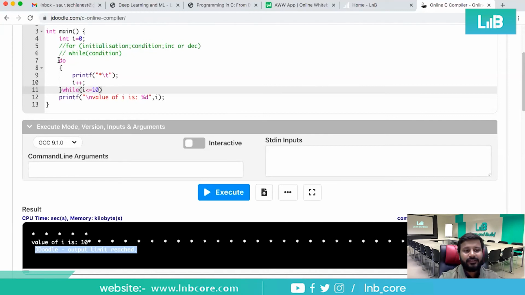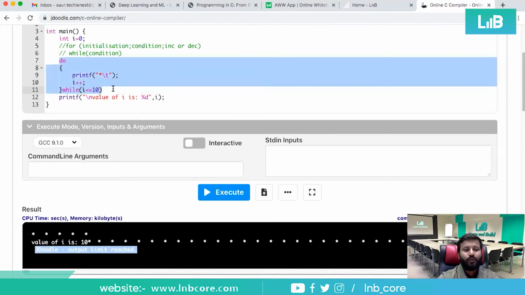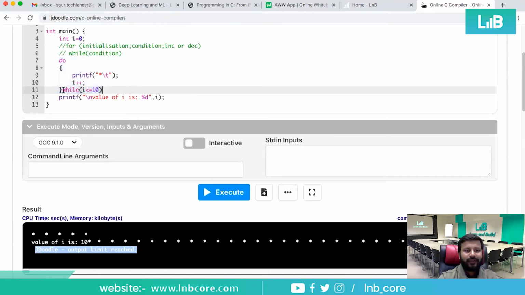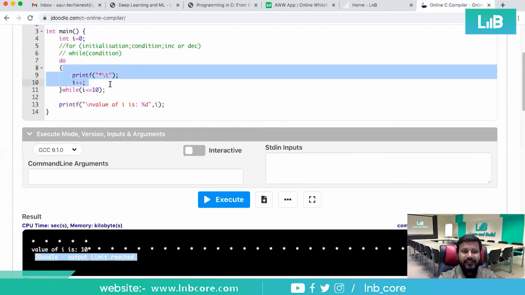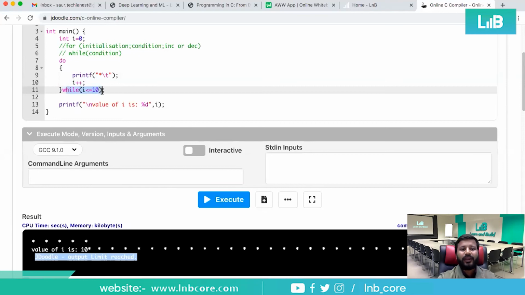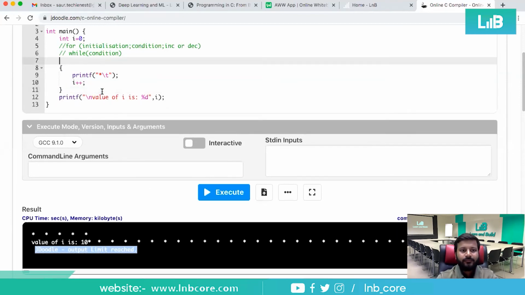This is the syntax of writing a do while loop, and after while we have to use a semicolon. Do means do this at least once and then check the while condition. However, in while, check this, then only do this.